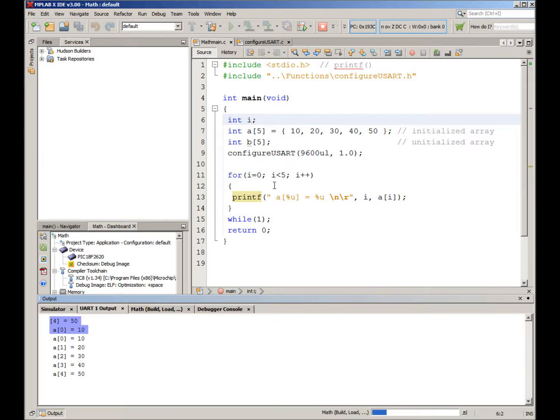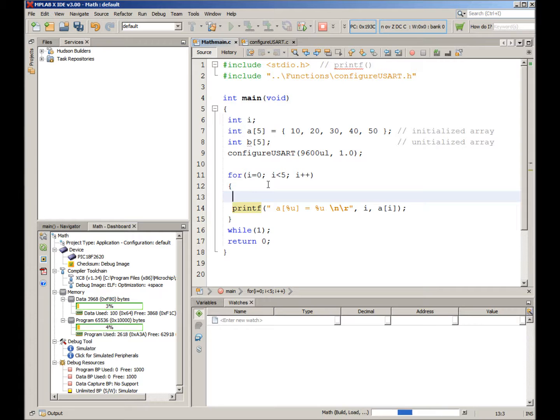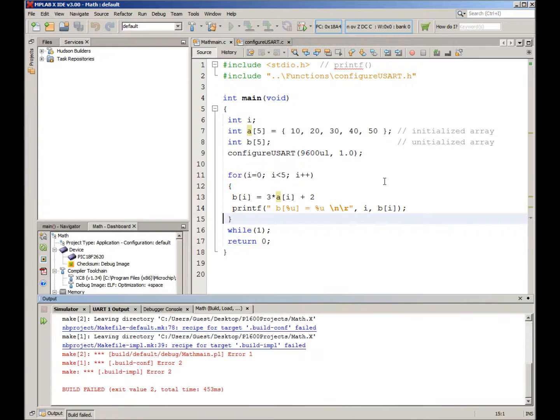The same way if I wanted to do something with B. Suppose I wanted B to be 3 times A plus 2. I couldn't write it like that. I'd have to write something like this. Elements of B would be 3 times the corresponding element of A plus 2. And I'm going to just make this B and B. So stop this, go this,